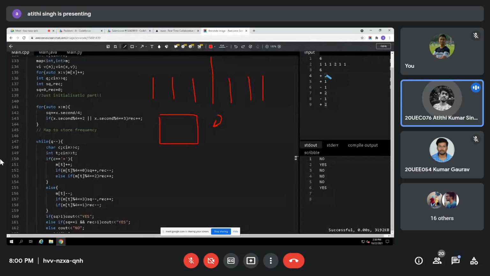Then again, I have been given a wood log of length 2. So there will be 2 wood logs of length 2 and 6 wood logs of length 1. So what can I do? I can make one square and one rectangle, right? Can I make this? Yes. So the output is yes, because the question states that you should be able to make at least one square, and the other thing can be a rectangle or a square. Am I making any sense to you at this point of time?